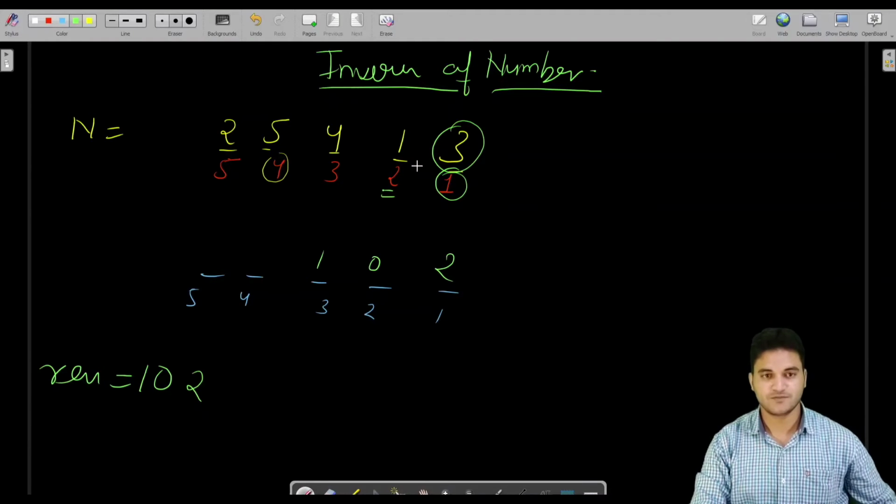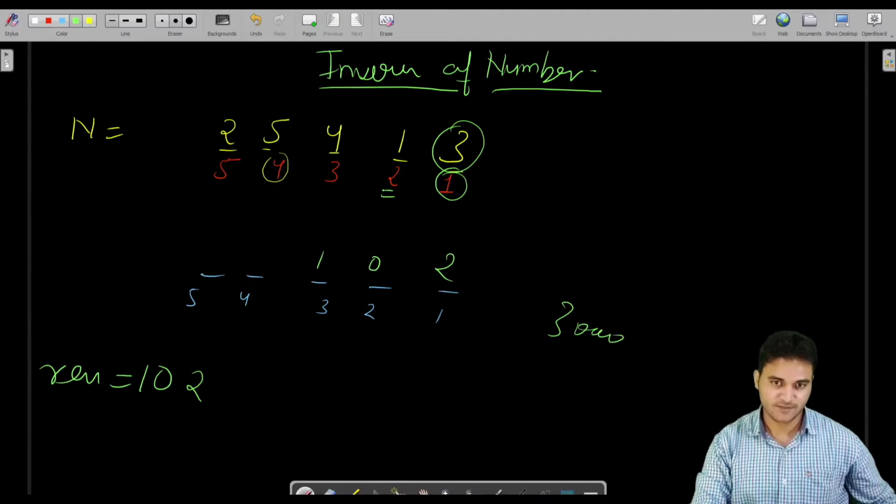This is 102 now. We have 4 on third index. What we want is, we need 3 on fourth index. We need 3 here, like 3 should be here. Fine. So I cannot write 3 directly, but I can add 3000 into this number 102.